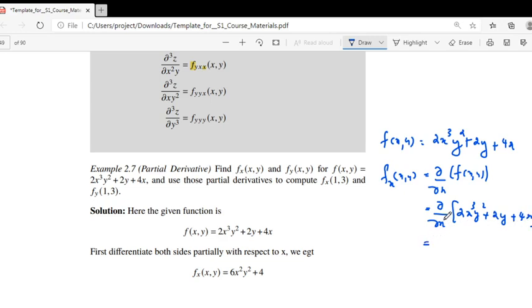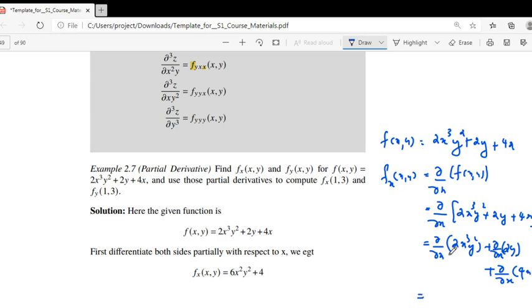See, here we consider only x as the variable, so we keep y as a constant, so we can split this derivative term by term: dou by dou x of 2x cube y square plus dou by dou x of 2y plus dou by dou x of 4x,